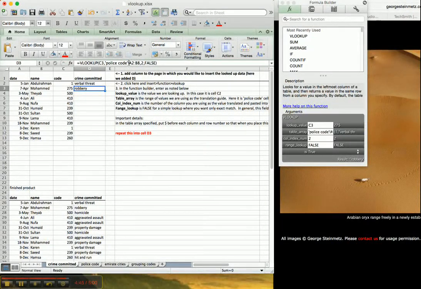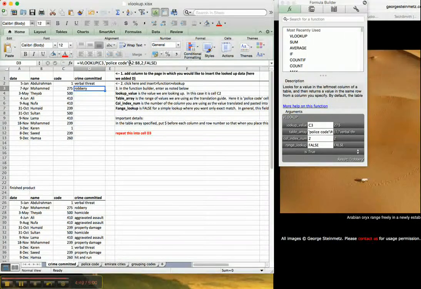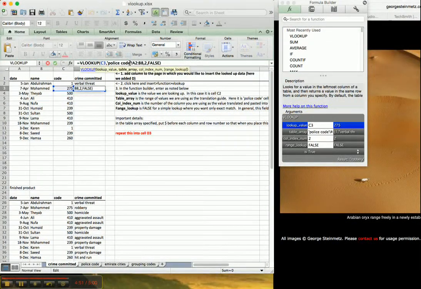One more thing quickly to note on this is to make it better so that whenever I move this formula around, it will always take an absolute value rather than a relative value. I'm going to put in my dollar signs, which you are probably familiar